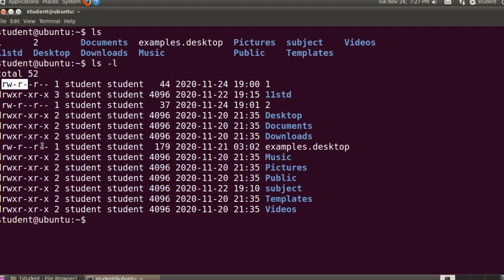Now here there are 9 characters which we have to categorize into 3 groups. The first 3 are the owner's permission, the second 3 are the group permission, and the third 3 are the other users' permission. So this is how it is.